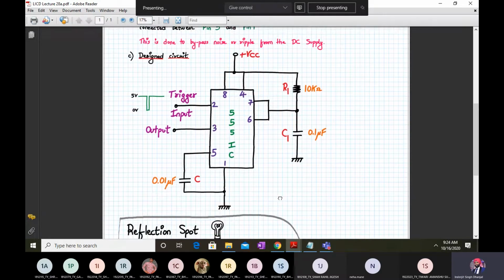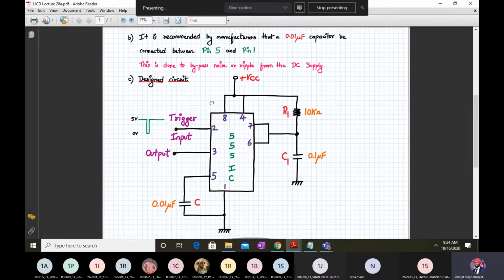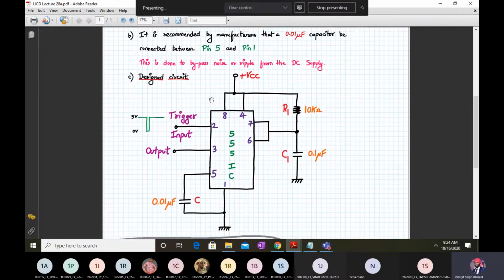Yeah, so here is my design circuit, the 555 timer IC. As I read yesterday from the data book of the 555 timer, originally published around the year 1973, two external components are required for making it a monostable multivibrator. So here are my external components, R1 and C1.